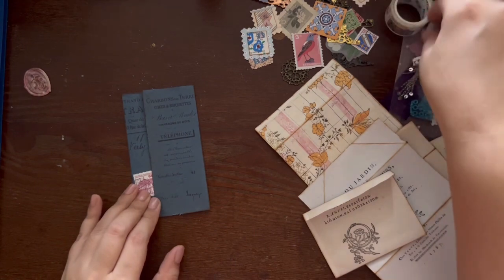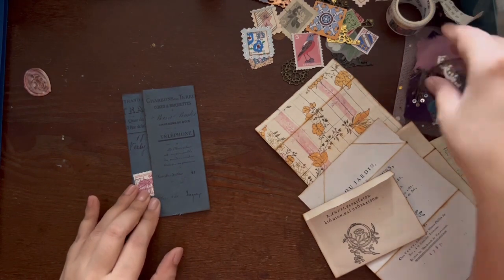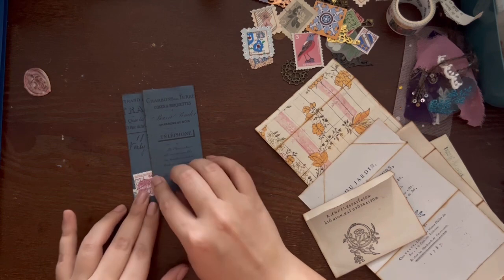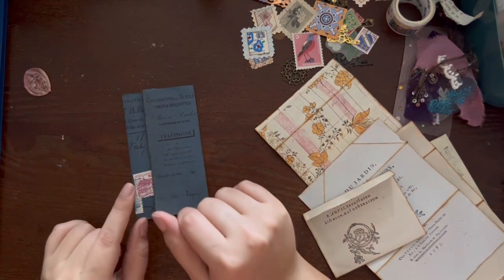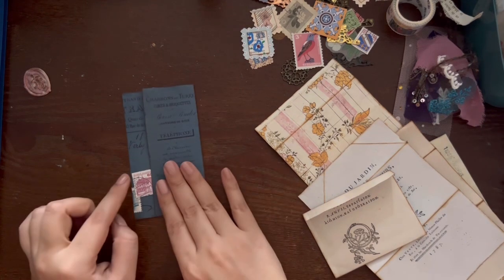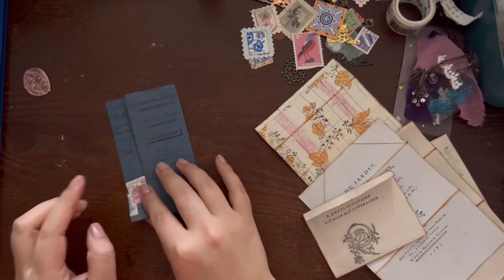Oh, okay. Well, let's do the wax seal. Okay, let's do the stamps, because then I have to stamp it, and I don't know if I can do that with the wax seal on, but I decided I'm going to put them on this side, like this. So